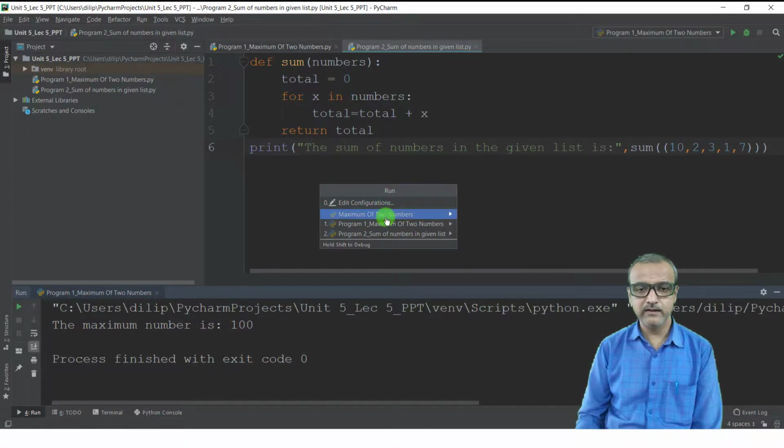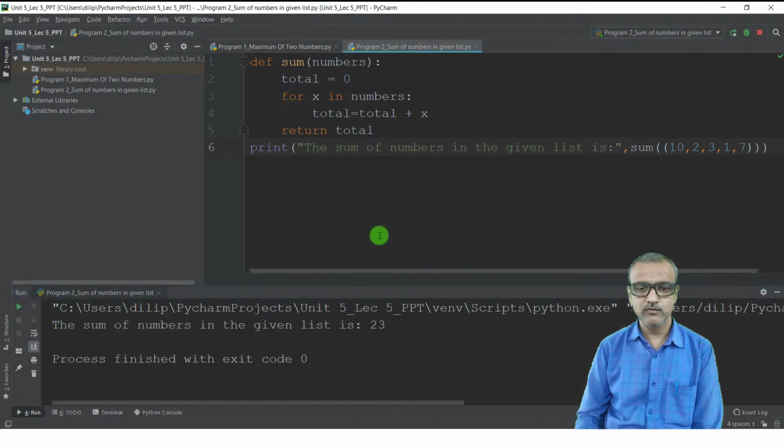Now select the file name. What is the file name over here? That is program 2 sum of numbers in given list. So just click on this file name. So what will be the output? The output is: the sum of numbers in the given list is 23.